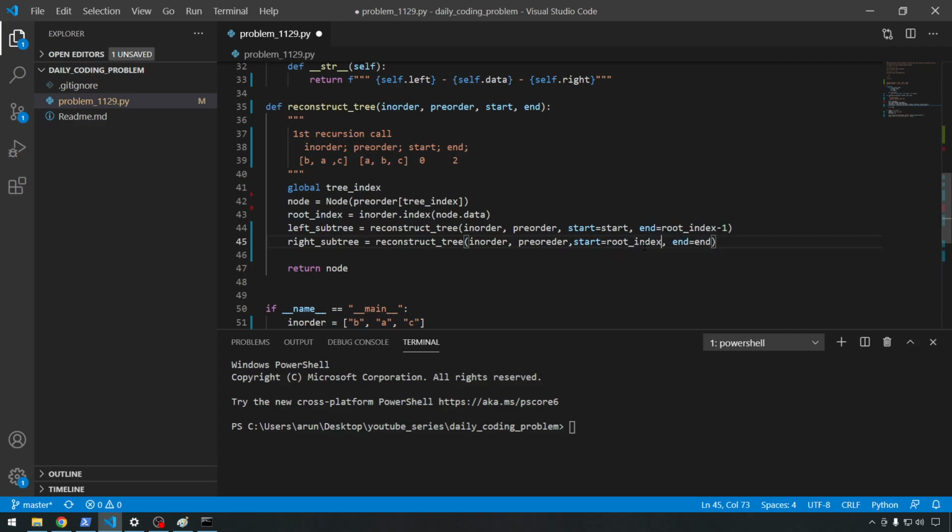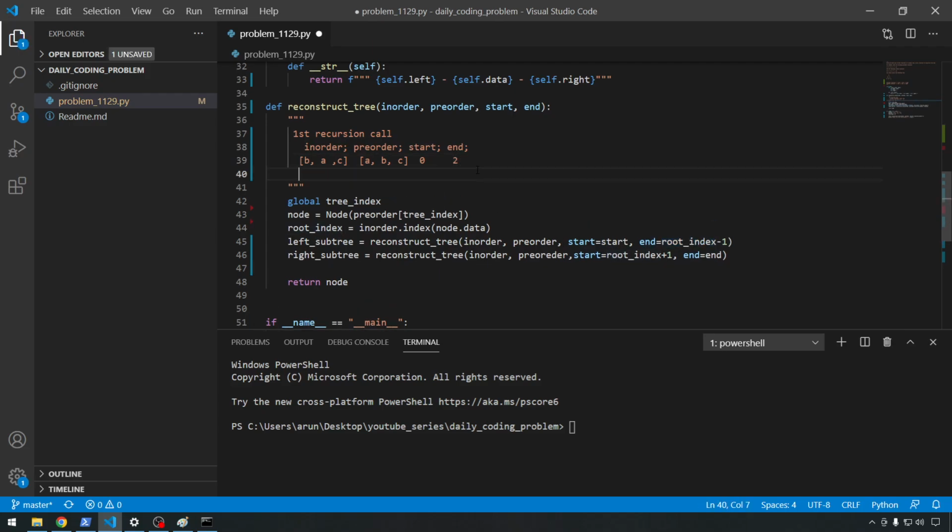It would be inclusive, so we need to start from root index plus 1, saying that skip A and take everything from A's right-hand side onwards. This makes sense, right? Okay, so in the first recursion call we call this, then